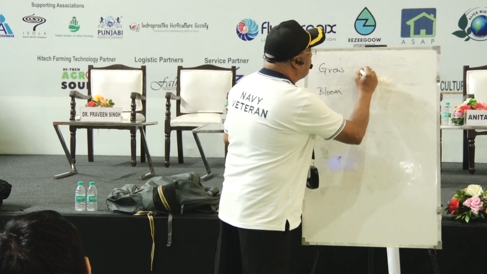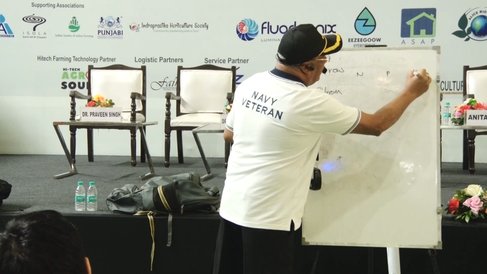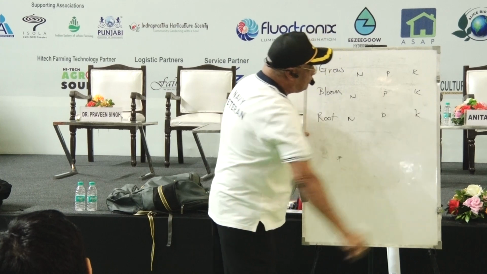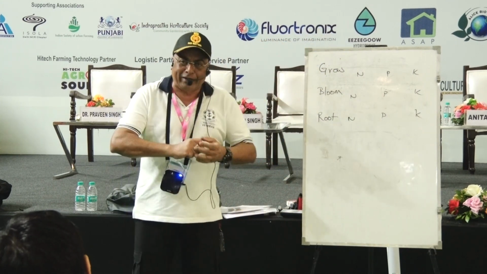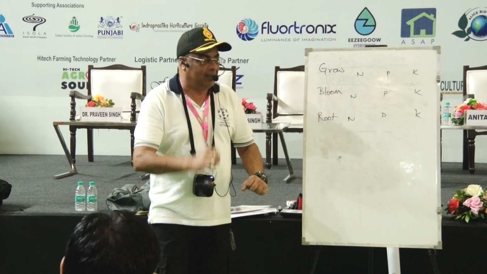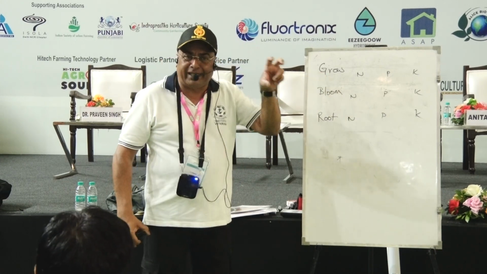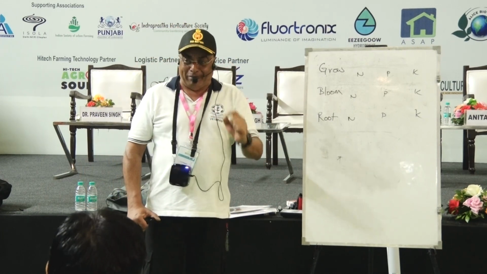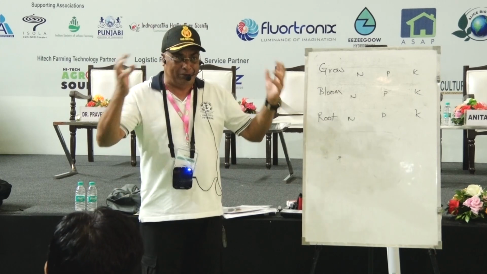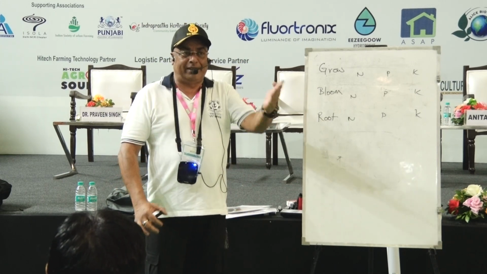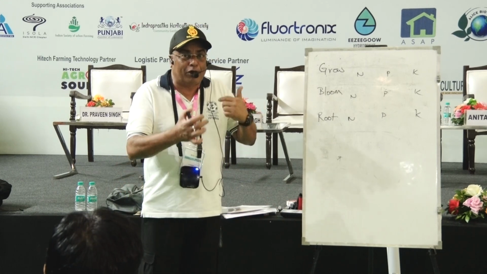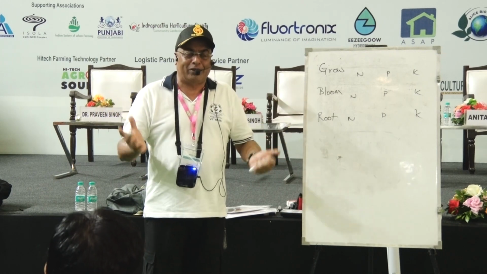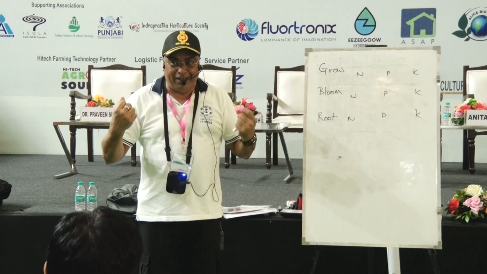So now we have N, P, K. At different stages you need different things more and less. When a plant is growing through the vegetative stage, an initial stage, it needs maximum nitrogen to get what? Maximum leaves, maximum foliage. If you're growing, for example, a tomato crop, the first 45-50 days the plant should have maximum vegetative growth, full of leaves, so that it can attract enough light from the sun